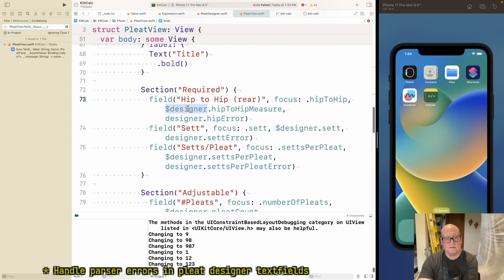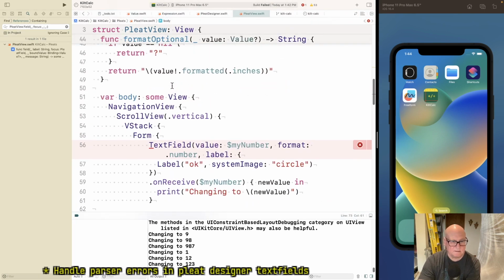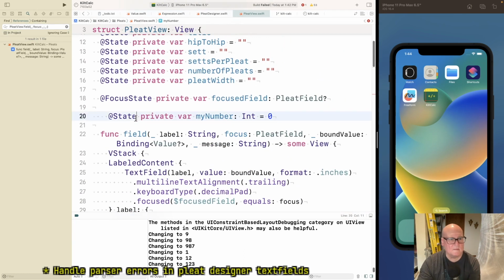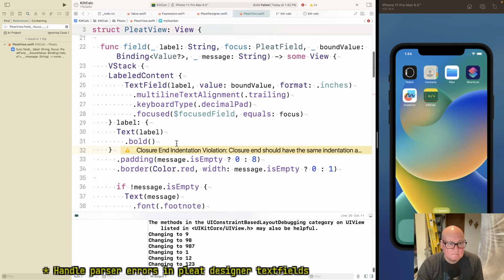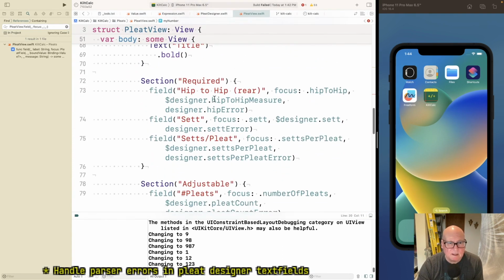Designer.image. Is it that a dollar? Have I done those wrong? Should it be dollar?